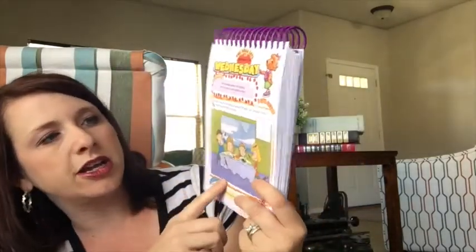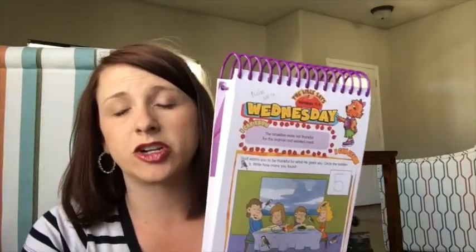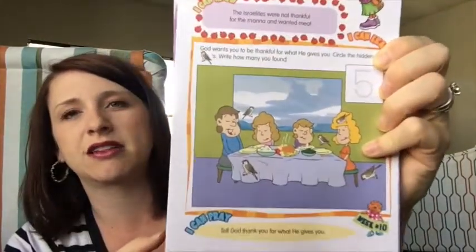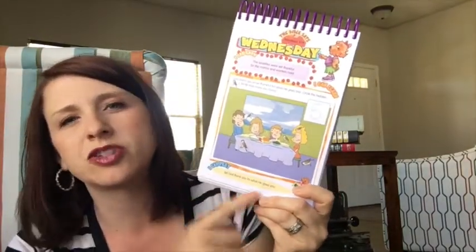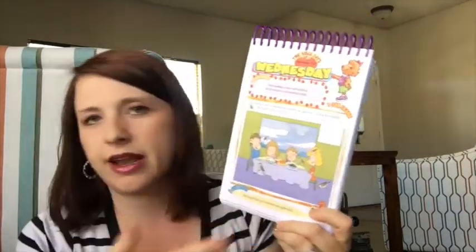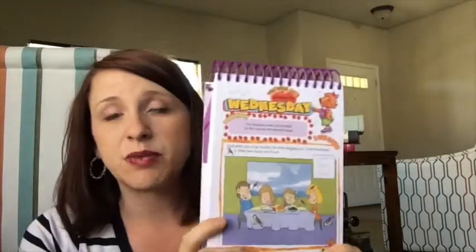The section here is called the I Can Learn section, and it typically is just a basic kindergarten skill. So there is some adding, and there's some sequencing that happens. This particular one is to circle all of the birds. It's like a little hunt and find, and trace the number 5 because there are 5 birds. They're all really varied and different. Then this bottom one here is I Can Pray, and it has a sentence to remind the kids something they can pray for so their prayers are not repetitive. It gives a good discussion base, and you can then open your school day with a prayer. I liked these because A, they were colorful, B, it was relatively inexpensive, and C, because